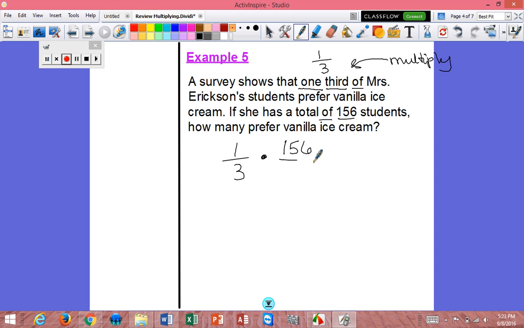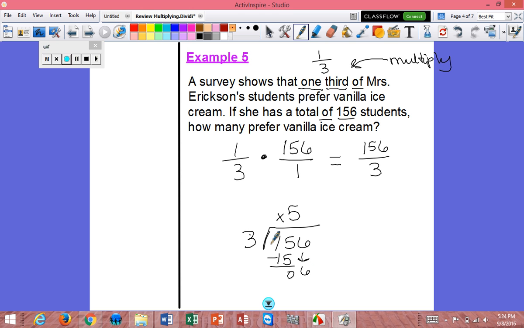Now again, if you have a whole number, just put it over 1. So I'm going to multiply the numerators, and I'm going to multiply the denominators, and I get 156 over 3. Again, this is improper, so I want to put top dog in the house and divide. 3 cannot go into 1, but it can go into 15 5 times. And we bring down the 6, and 3 goes into 6 2 times. So since this came out evenly, 52 would be our answer. It actually just turns into a whole number. So 52 students